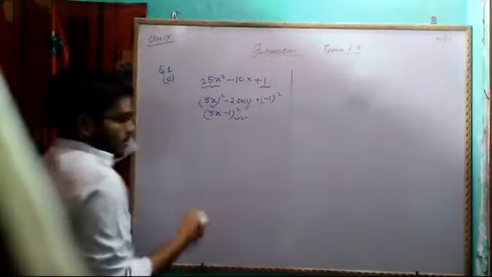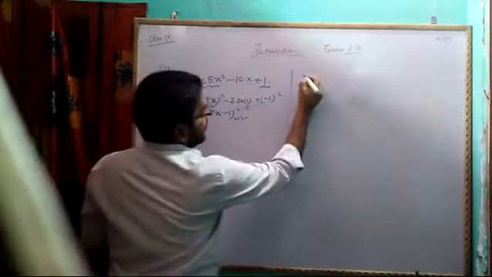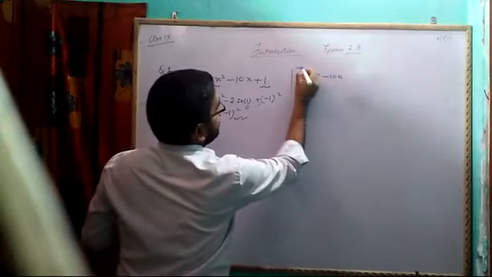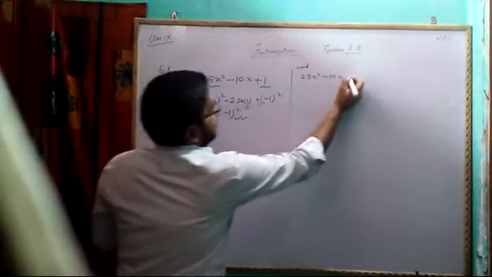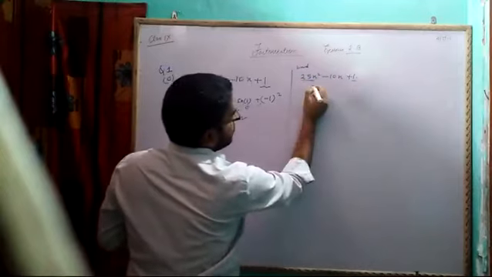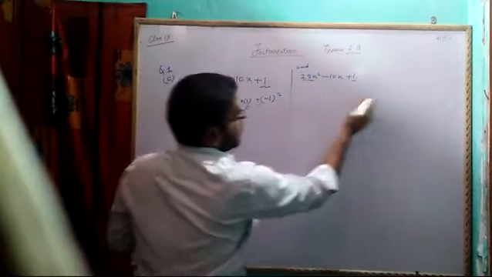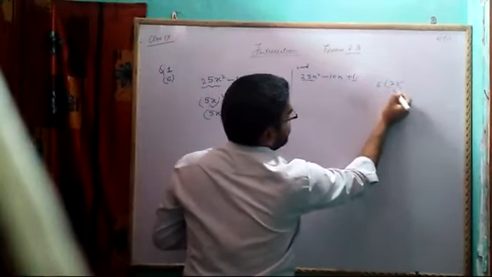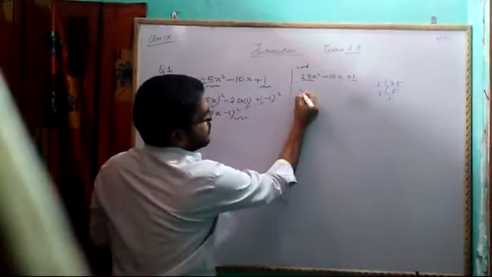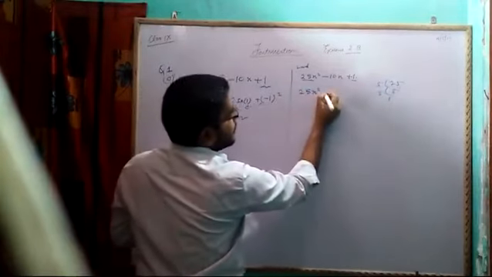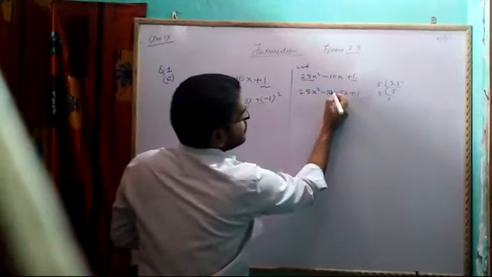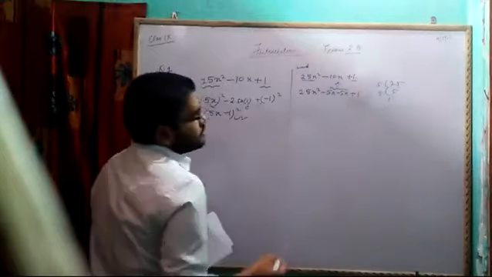Second method that I told, for practice I am just writing here. So I can write 25x square minus 10x plus 1. What I told: the product of this coefficient and this is 25. You have to see this in the rough work. So 5 5s are 25, 5 1s are 5, 5 5 10 and 5 into 5 is 25. So you can write 25x square minus 5x minus 5x plus 1. These two terms' addition will give you this.